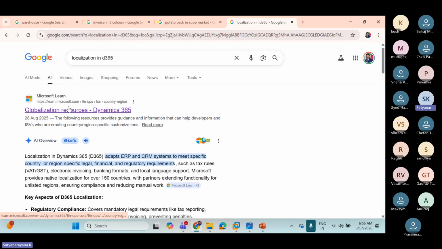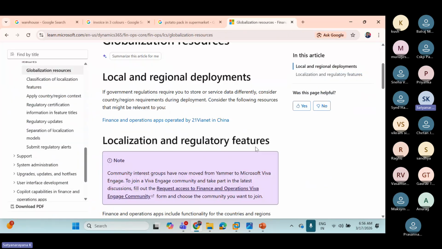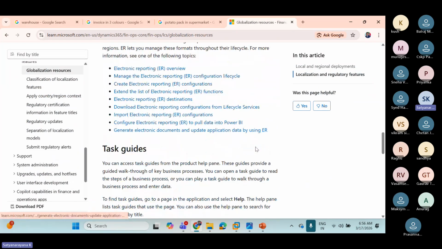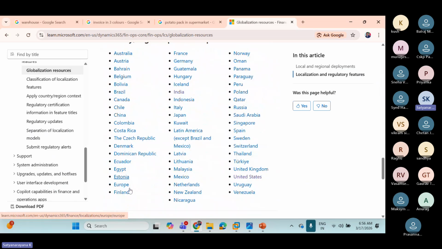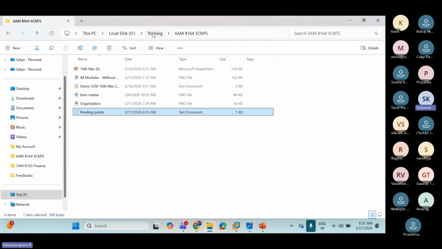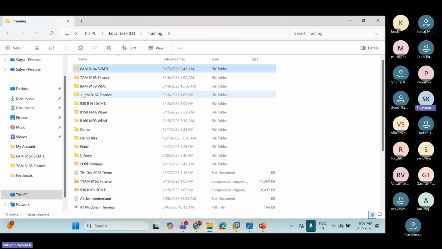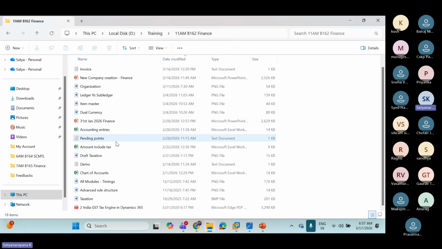Microsoft supported 36 earlier, now it is 58 country localizations. I'm not going to cover these localizations. I'm going to teach you standard taxation and how it works, and after that I will give you one document, then you need to learn yourself. GST related, I'm not going to teach.